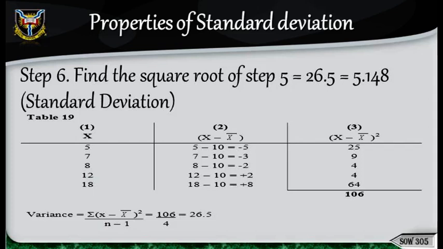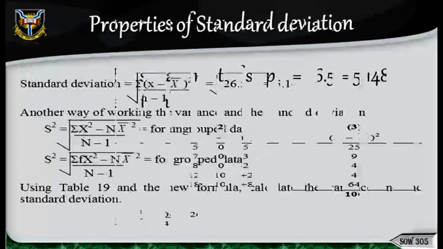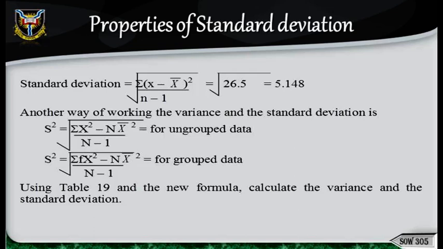Find the square root of 26.5 equals 5.148. Standard deviation: s equals the square root of the sum of (x minus x bar) squared, all over n minus 1, is equal to the square root of 26.5, equals 5.148. Another way of working the variance and the standard deviation is s squared is equal to